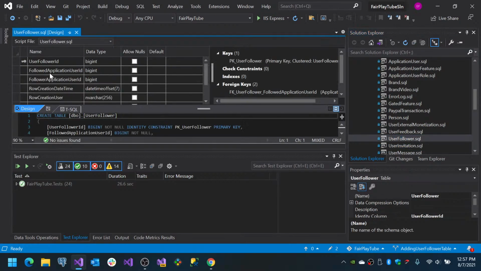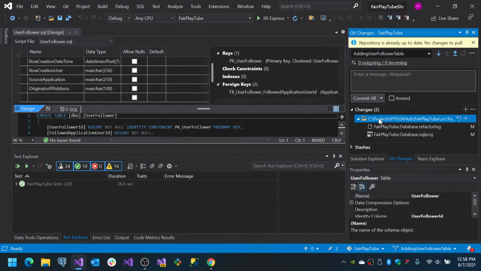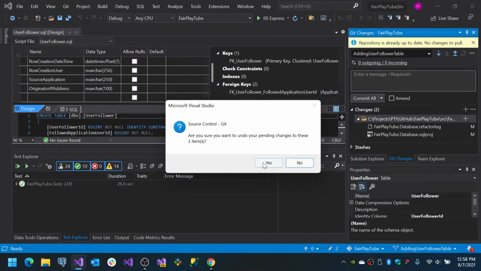Add follower, okay, user follower, followed application user ID, follower application user ID, and the originator info interface columns. Okay, so actually,